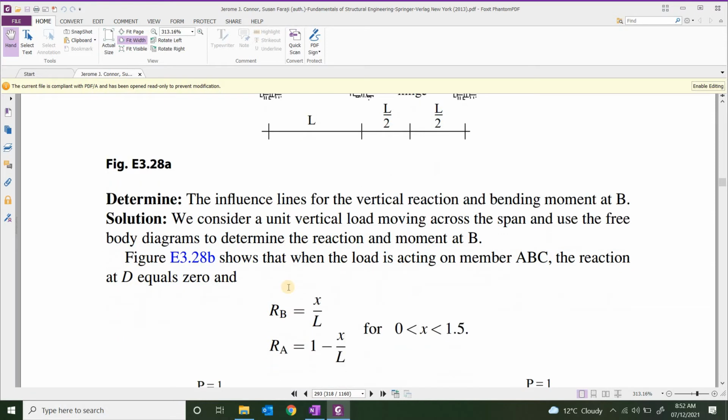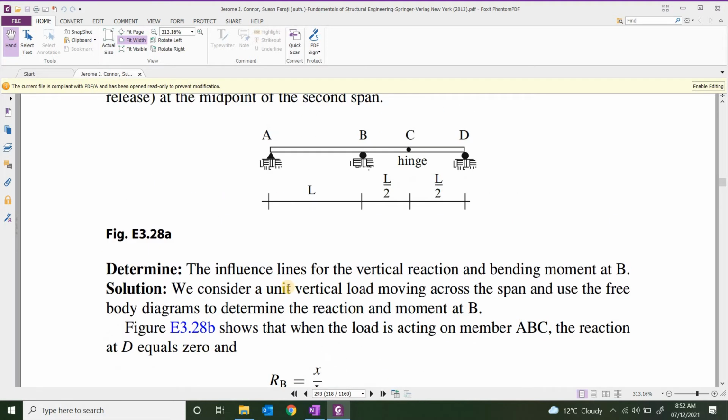Now I would expect that you are able to determine reactions. I'm expecting you at this stage that if you are given a determinate beam with a hinge, you are able to determine the reactions. The strategy in this case would be, I'm talking about how to find the reactions, because once you know the reaction, you should be able to find the shear force or bending moment, whatever is required.